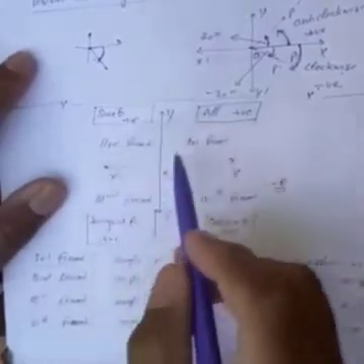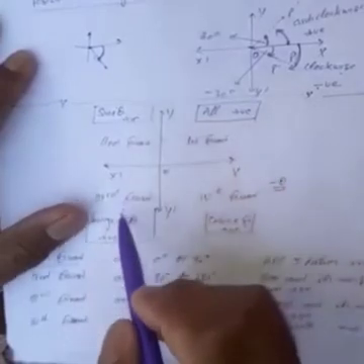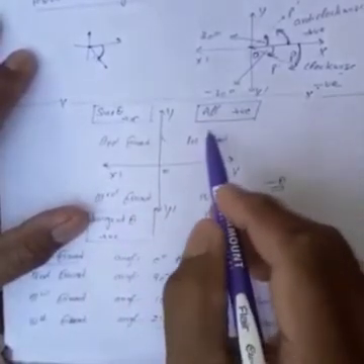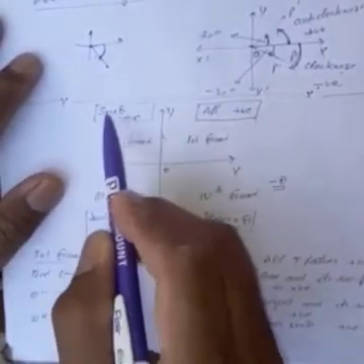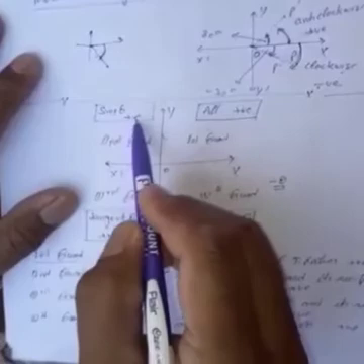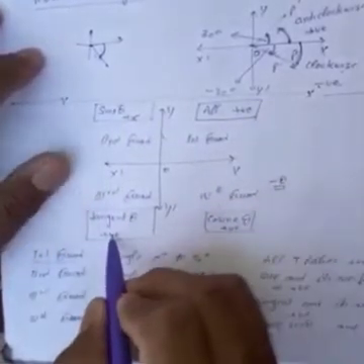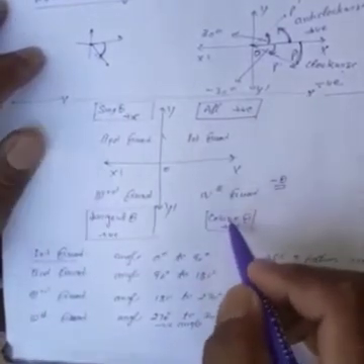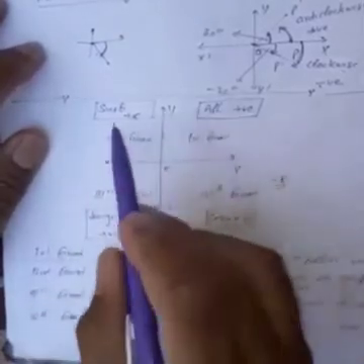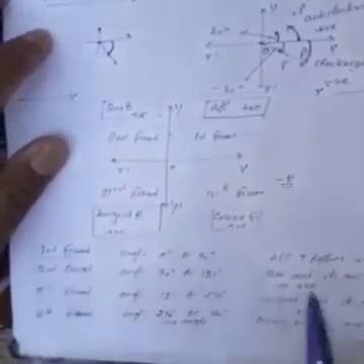So in which quadrant will T ratios be positive? You remember all sine, tangent, cos. It means in the first quadrant all T ratios are positive. In the second quadrant, sine theta and its reciprocal will also be positive. In third quadrant, tangent and its reciprocal will be positive. In fourth quadrant, cos and its reciprocal will be positive. So you can remember all sine, tangent, cos, and their reciprocals will also be positive.